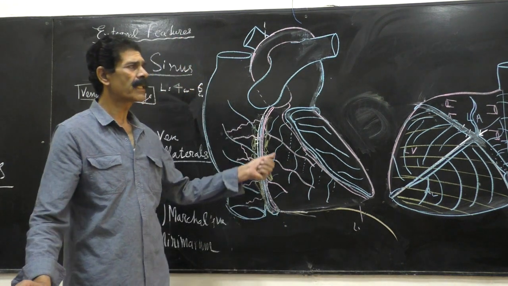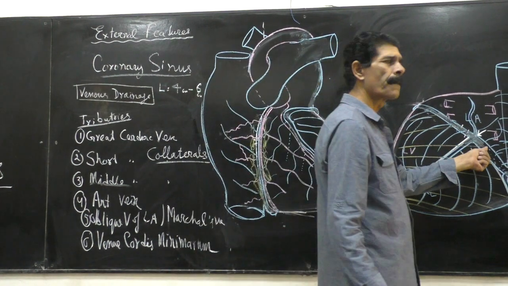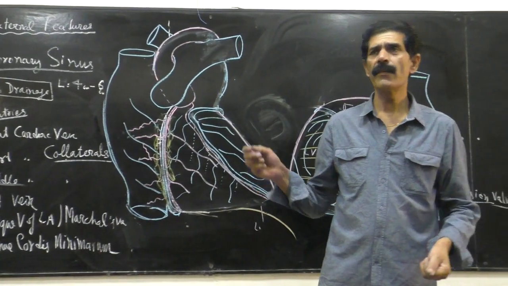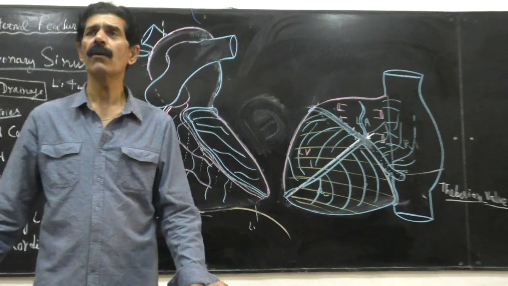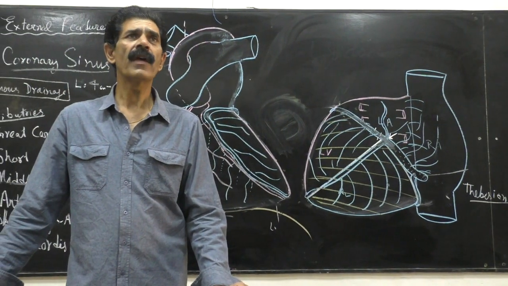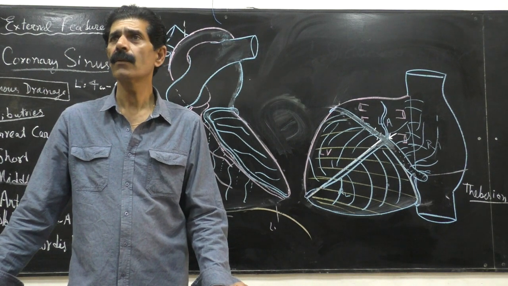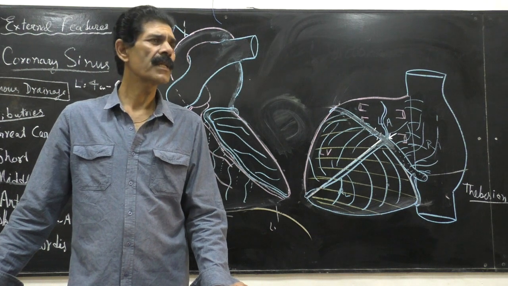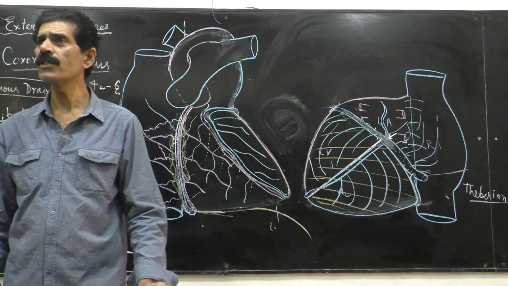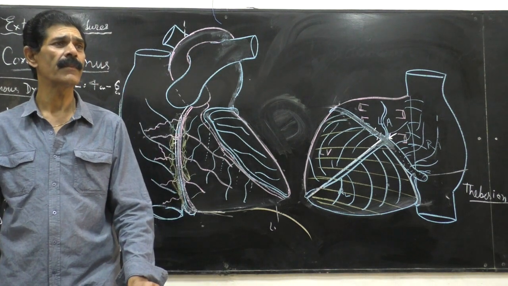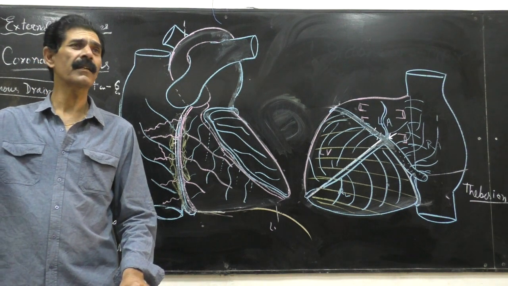Another is for the cardiac surgeon. The coronary sinus is a very important site for many maneuvers, cardiac catheterization or any interventional treatment that has to be done to the heart. Because this coronary sinus can be easily found. It is thin walled and irregular in shape and has a larger caliber or diameter than the coronary artery. Coronary arteries are thick in their walls.